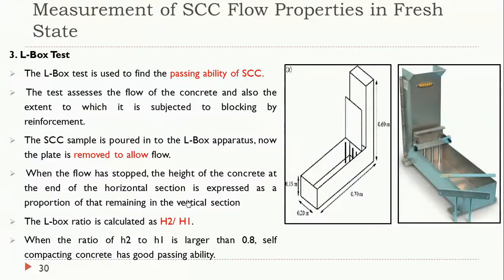So you can see the reinforcement bar is also fitted to the vertical length. In the slump flow test, we measure the flowable property without any disturbances. We didn't have any disturbance there. We made the concrete flow easily along the horizontal surface. Here we are finding the passing ability by keeping the reinforcement also.